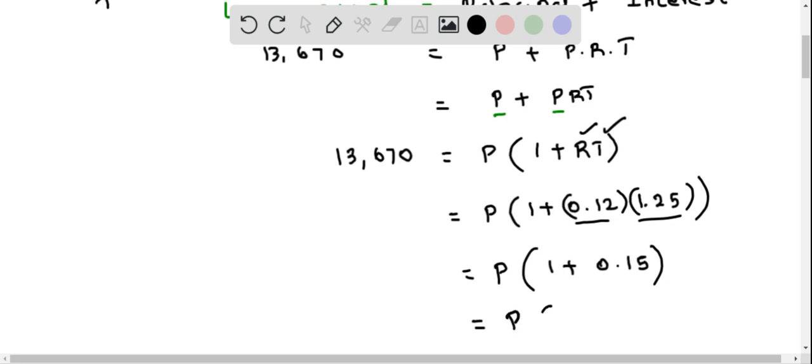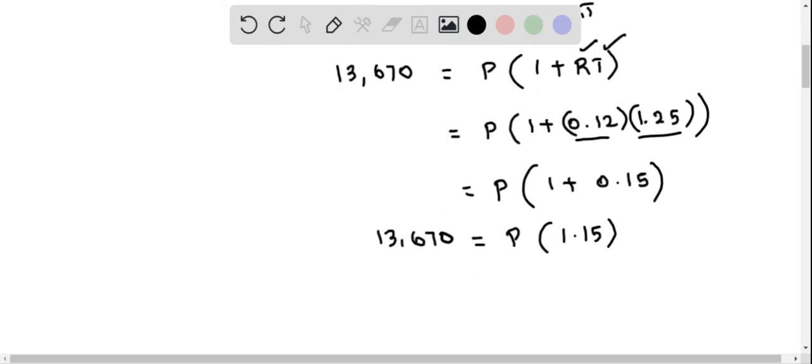So it's going to be P times of, I'm sorry, this is 1.15, and on the left side we have 13,670. Now to determine P, we divide both sides by 1.15, and so we write 13,670 divided by 1.15 equals P,